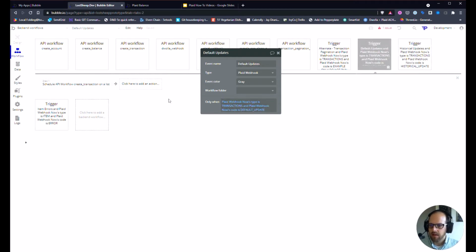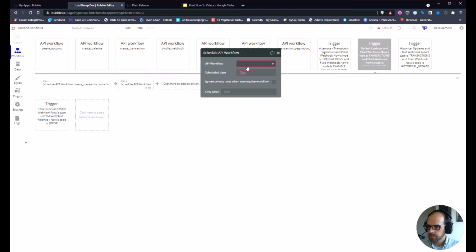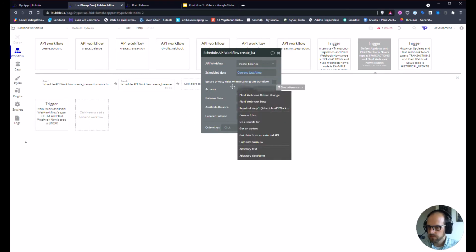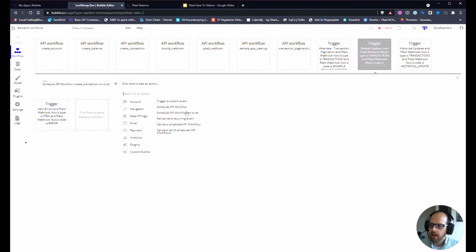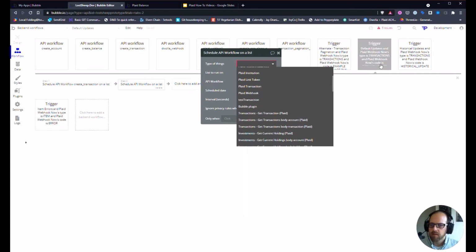I'm going to go ahead and throw this into the default update option here. And actually, this is not a create balance call. This needs to be a schedule an API workflow on a list create balance call. Because what I'm doing here,